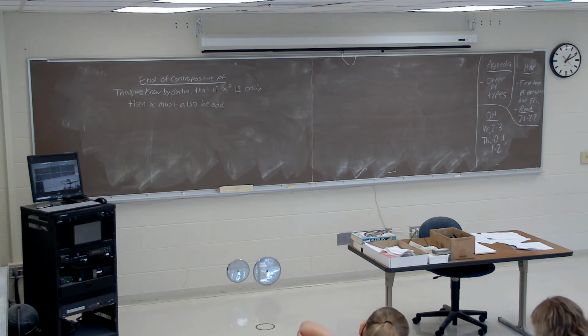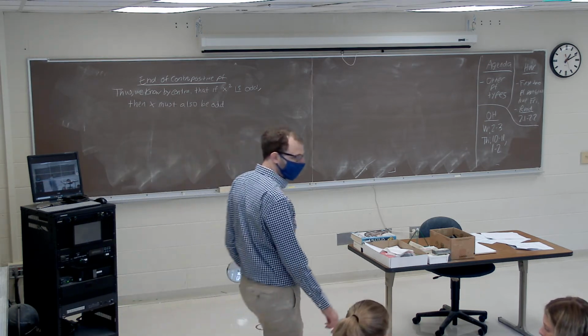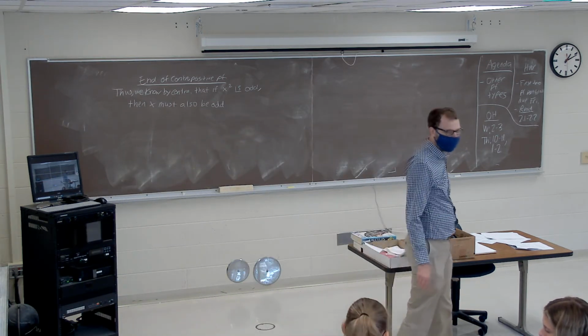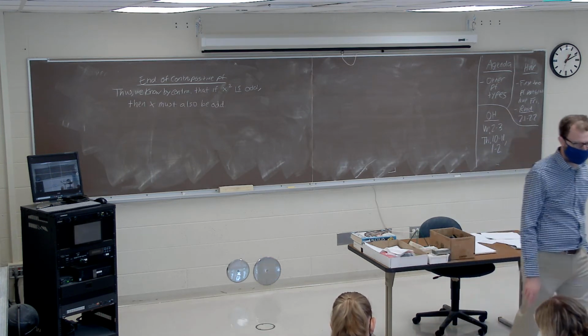I rewrote the 7 times 2n as 2 times 7n, so then it'd be 2 times something, so you know that's even. So even plus odd. Yeah, I just did the 14. I started out by assuming